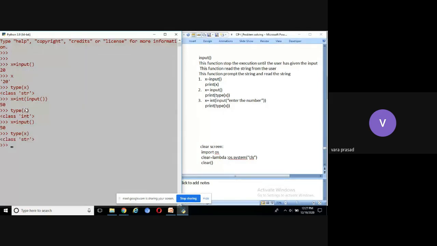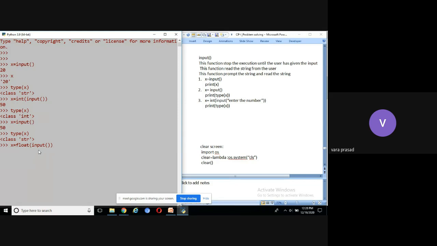Now, based on this scenario, how to take a float value into the variable x? x equal to float open parenthesis input open parenthesis close parenthesis close parenthesis. What does this statement do? The input function takes a string, converts the string to float.